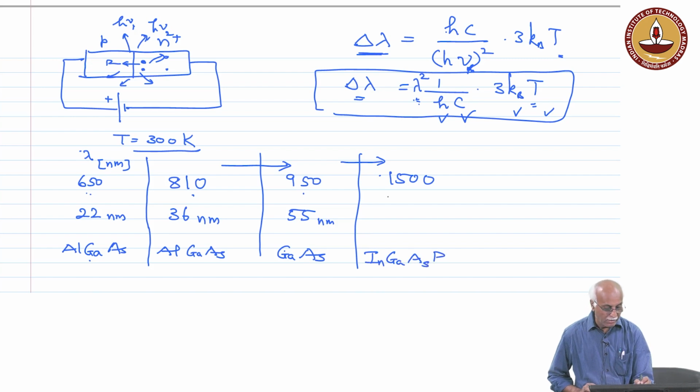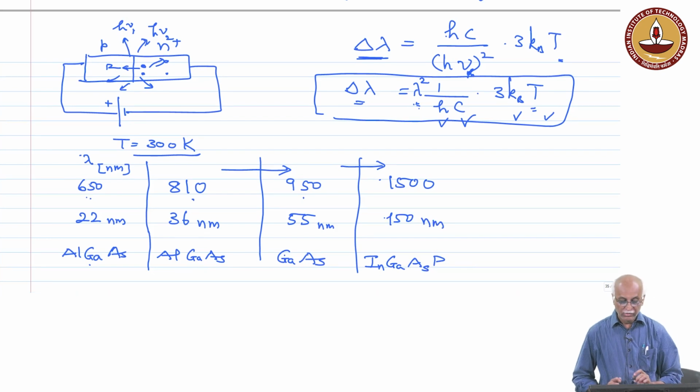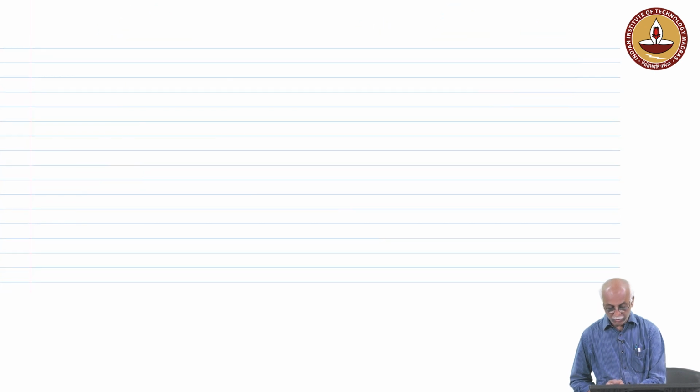phosphide, P, which gives you a bandwidth of 115 nanometer. It is as wide as very broad band, very much broad band. So, these are all such semiconductor materials which can act as a light emitting diode. Okay. Now,